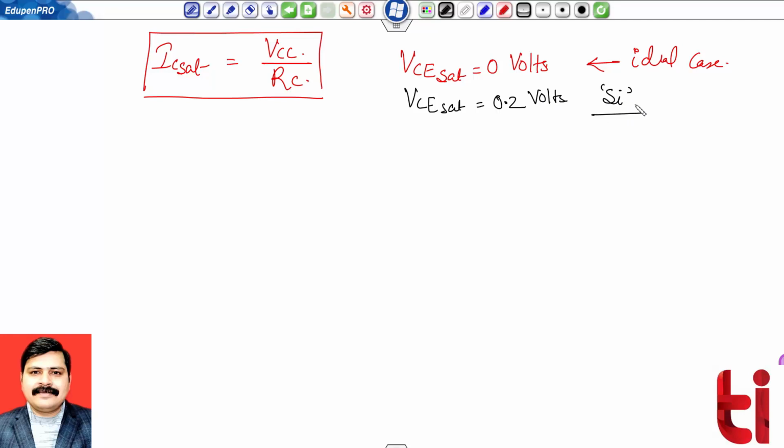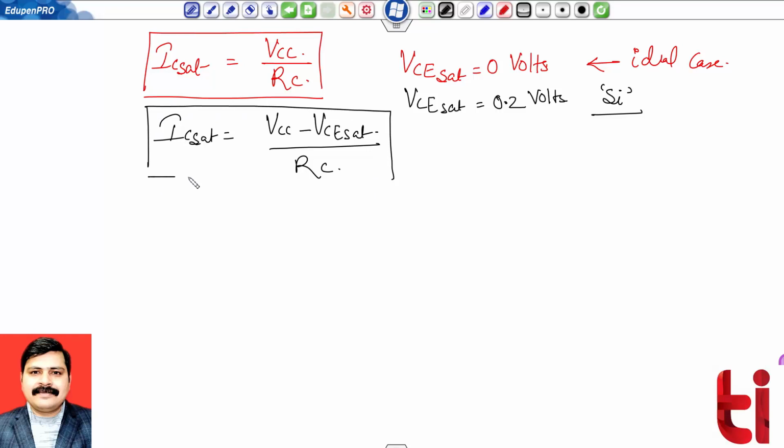Accordingly, in that case, the value of IC sat will be equal to VCC minus VCE saturation divided by RC. So that is the practical value. Now I have to find the value of IB min, the minimum base current, and this should be